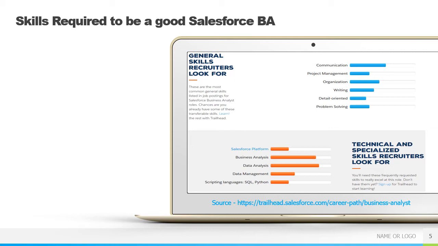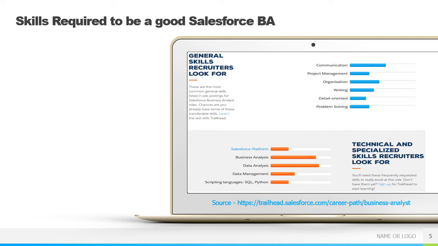The companies recruiting for this role will be looking for at least an intermediate level of Salesforce platform knowledge. In my opinion, it is slightly underestimated. I think general BA skills are important. However, when you are going to be a Salesforce BA, then Salesforce platform knowledge is equally important,